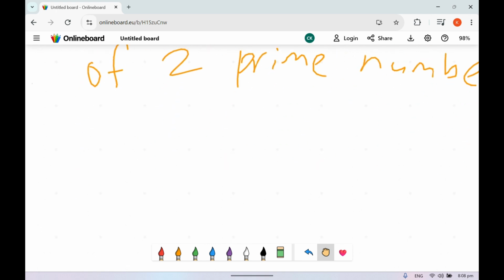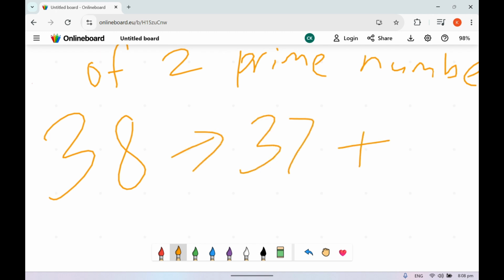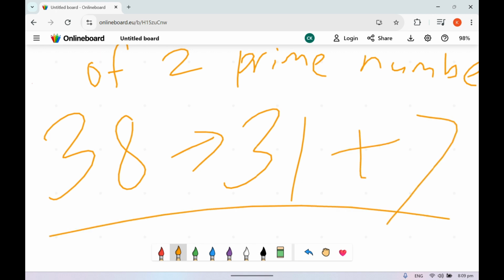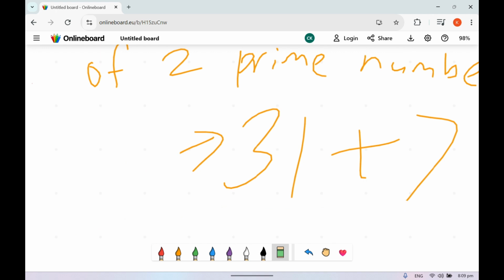I'm going to give you one simple example only. I came up with a random number, 38. It's a random even number. It can go as big as possible, but let's just use 38. Oh, sorry, no, it's wrong. 1 is not prime, it was an accident. 38. Let me think. It's actually 31 plus 7. See? So it's proven. Any even number except for the number 2 is definitely the sum of 2 prime numbers. You can try it out yourself, alright?